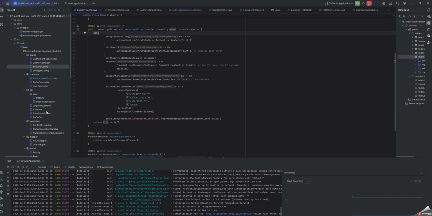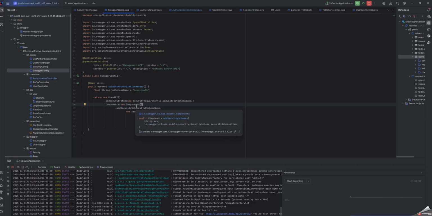And after I added Swagger, I understood that I need to add a Swagger config to provide a bearer token to have the possibility to log in, to know what user sent us the request, and to understand can I give him access to this endpoint. So I had to add JWT